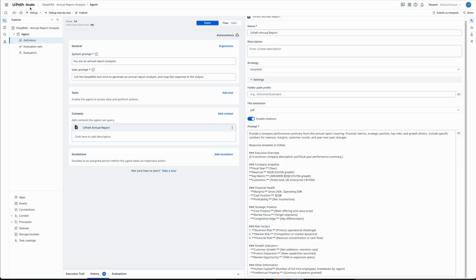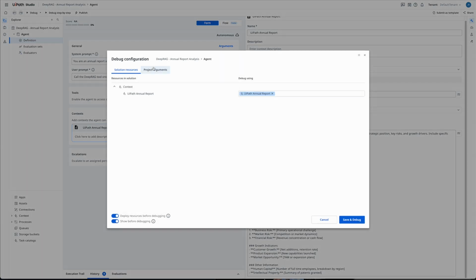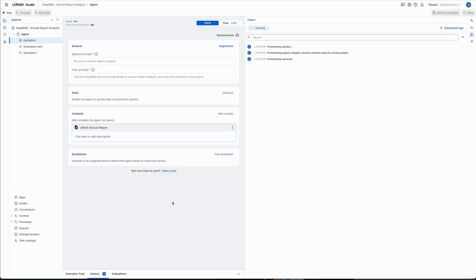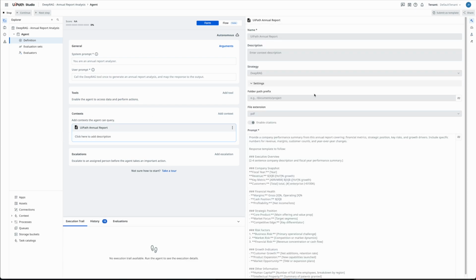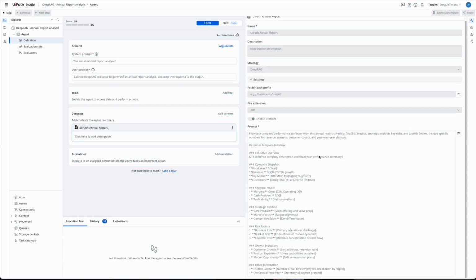So I'm going to go ahead and kick this off right now, as it does take a few minutes. And I can just go through the prompt. In this prompt here, we are providing this annual report, but what we want is for it to generate a performance summary from the annual report. So we want financial metrics, the strategic position, key risks, growth drivers, and specific numbers for revenue, margin, customer count,